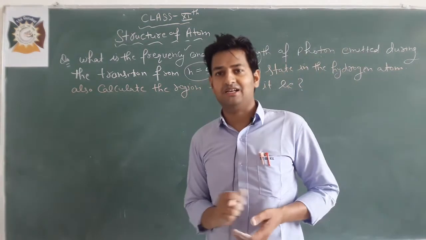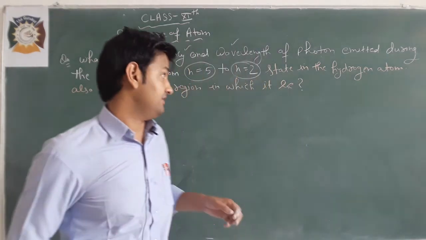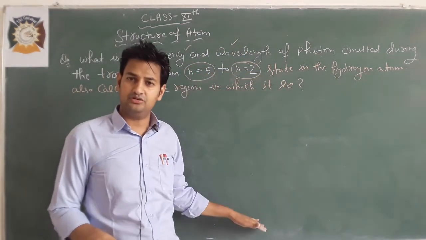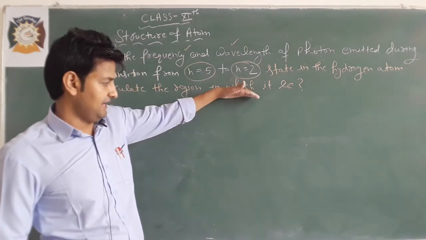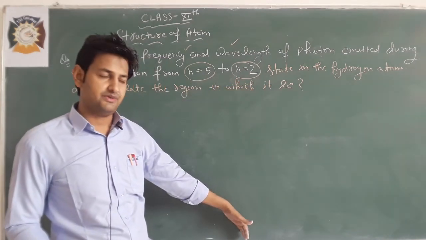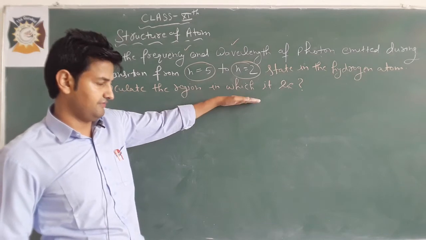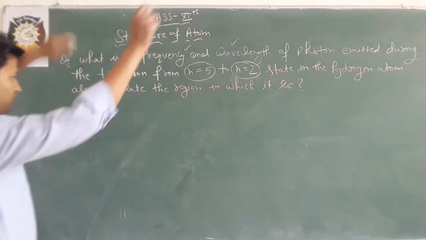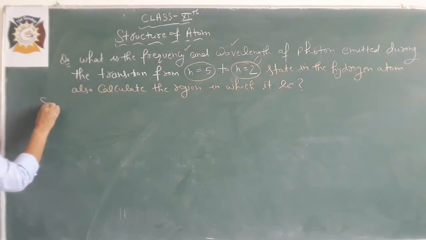Then what is its excited state? The electron is present in the excited state of n is equal to 5. We have studied this in the hydrogen spectrum. From 5, into which level did the electron come? Into 2. The electron goes from the excited state, the 5th energy level, to the 2nd energy level. So according to the Rydberg formula,